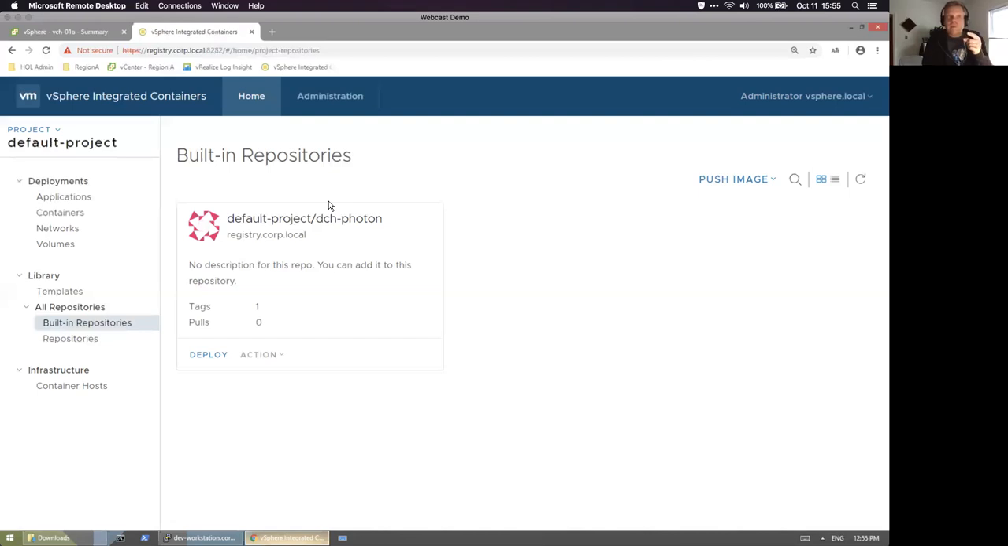It promotes effective or efficient resource utilization in your vSphere clusters. And B, it avoids the snowflakes. A lot of the Linux container hosts that we're seeing within our accounts are becoming quickly snowflakes because